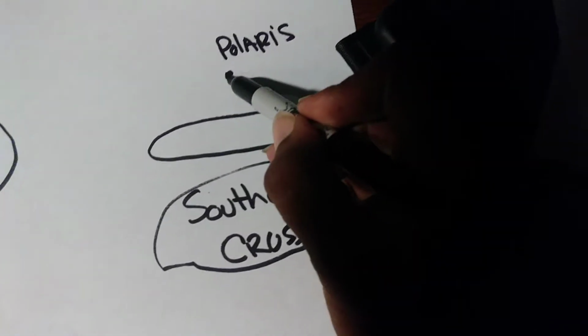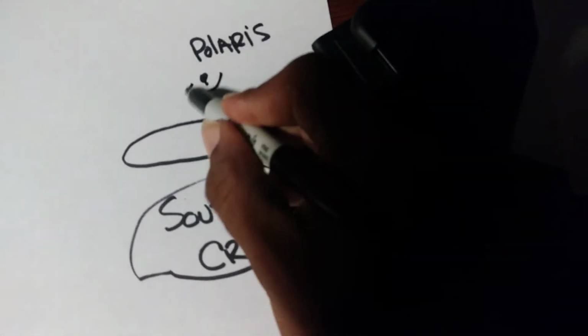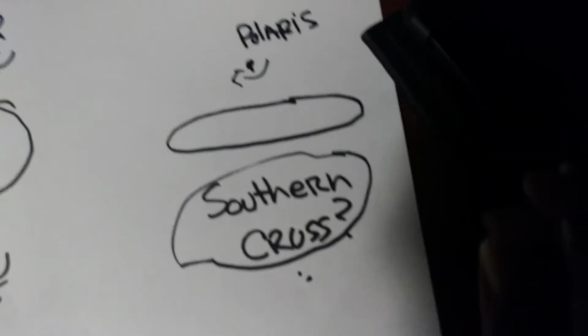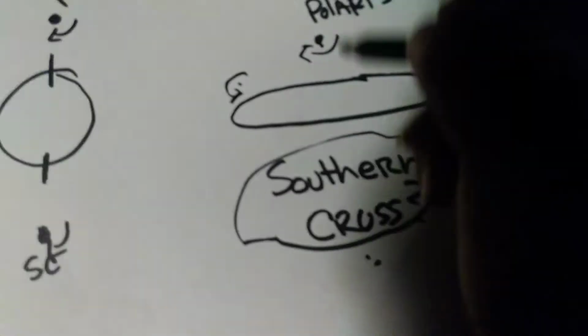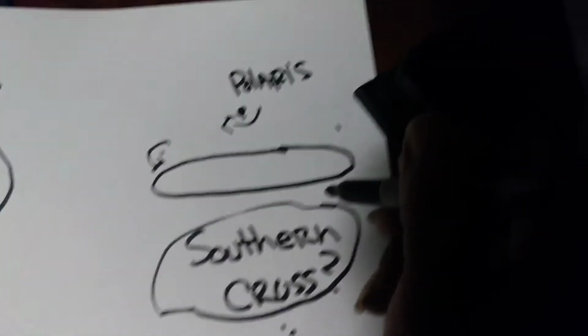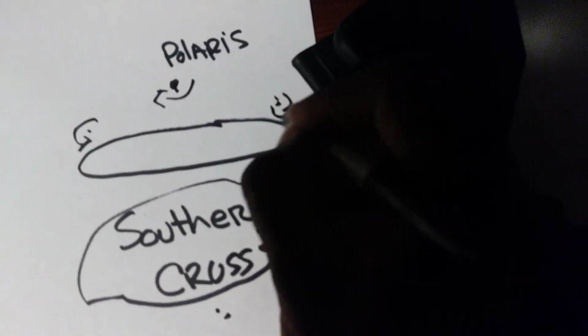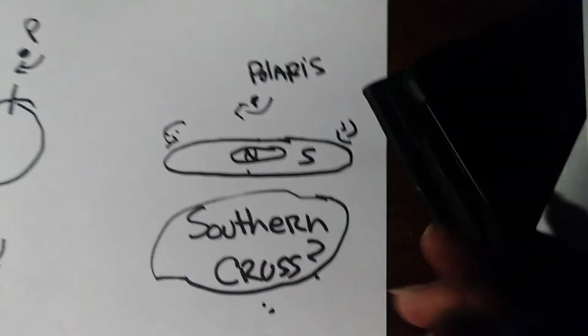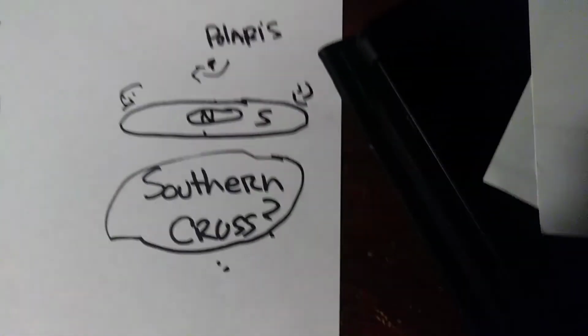That right there is Polaris. Everything rotates around Polaris. But where is the Southern Cross? It can't be here. And he's telling me all the stars rotate around it here. But then what happens here? If it's over here and all the stars rotate over here, then what happens over here, or at this point? Because this is the north, this is the south. Where's the Southern Cross? The globe has a Southern Cross. In reality, we have a Southern Cross. Where's the Southern Cross?